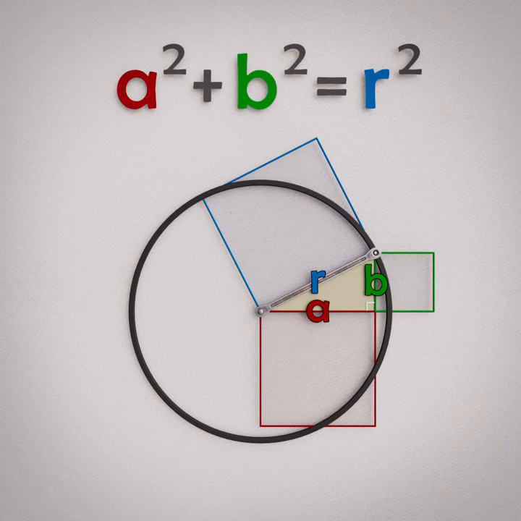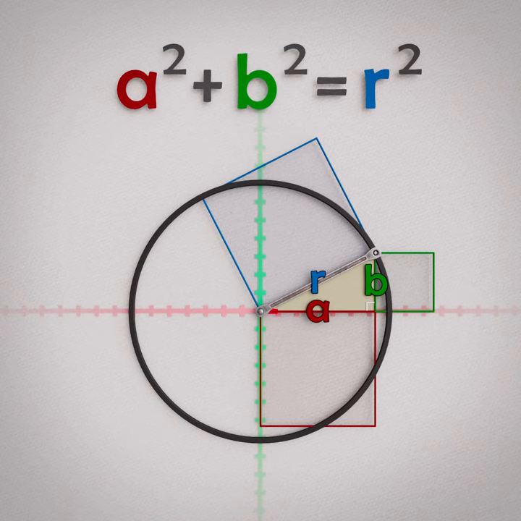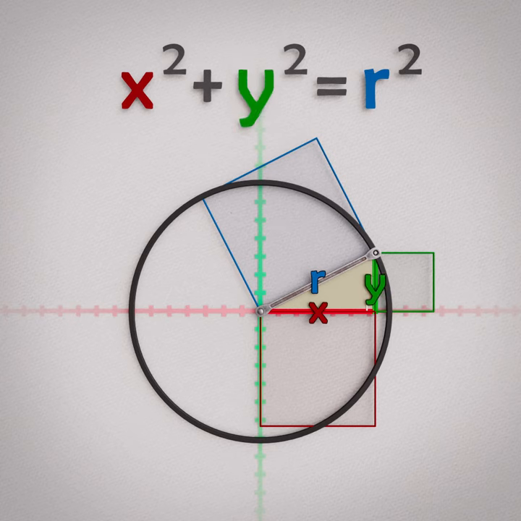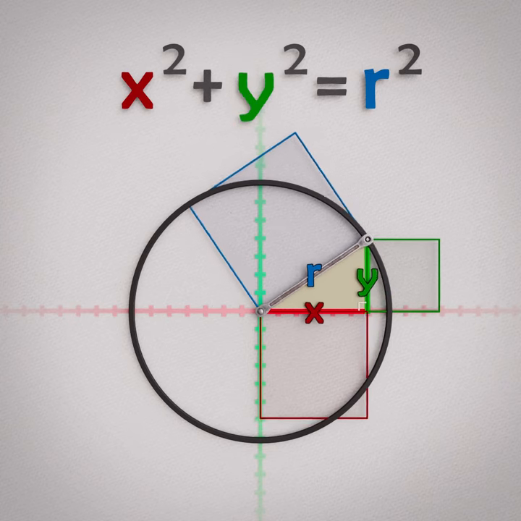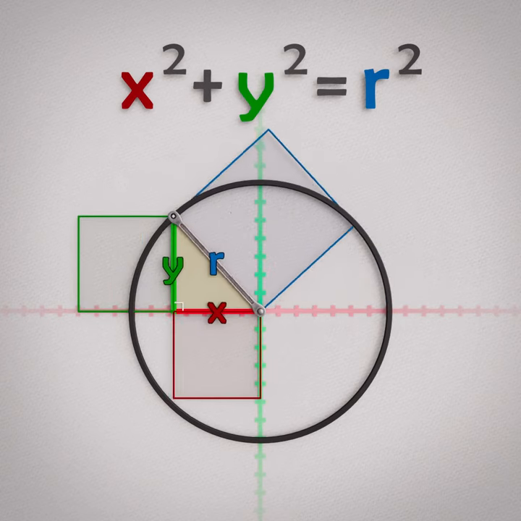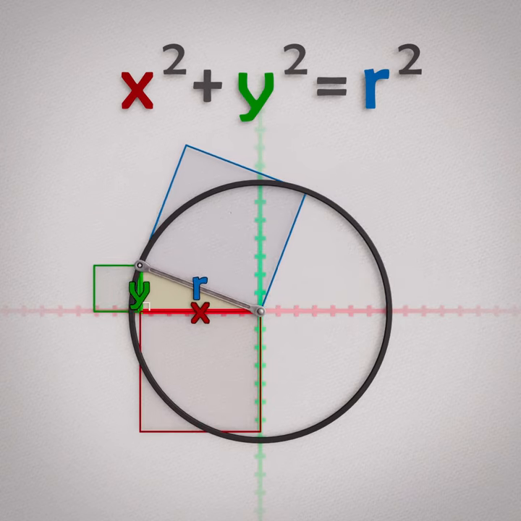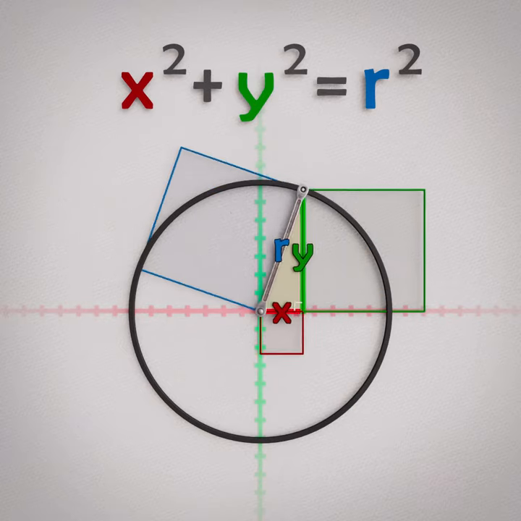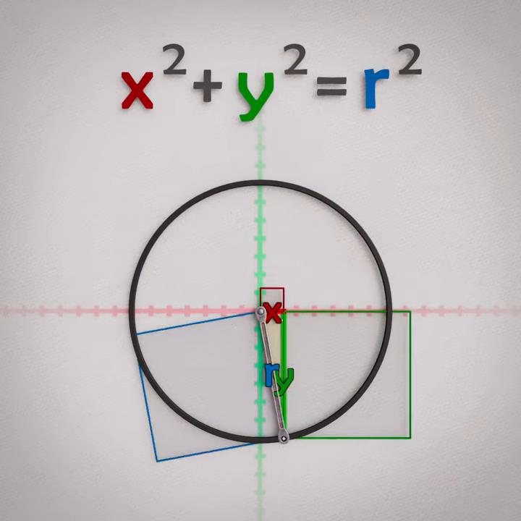And if we think about this in terms of a grid of Cartesian coordinates, the triangle legs define the position of the points on the circle left to right along the x-axis and up and down along the y-axis. For every point on a circle, the coordinates in x and y will relate to the radius of the circle with the Pythagorean theorem. So this tweaked version of the Pythagorean theorem can also describe how to trace out a point in a circle.